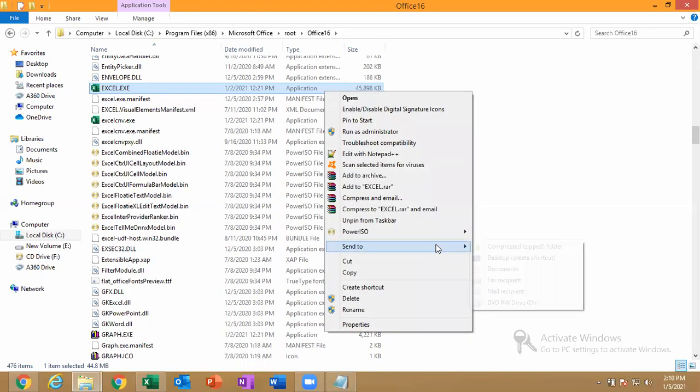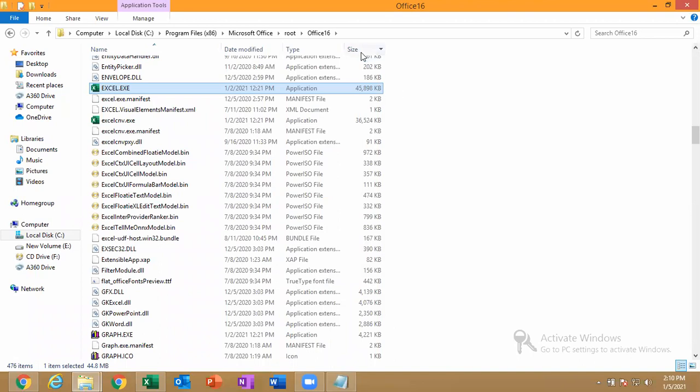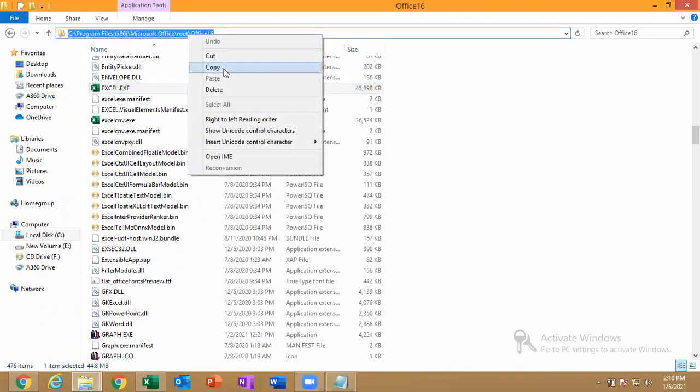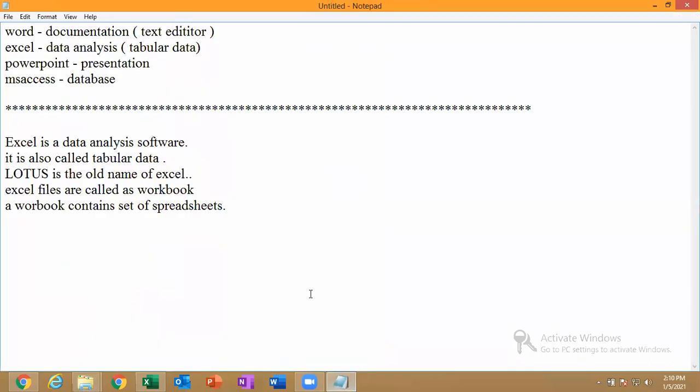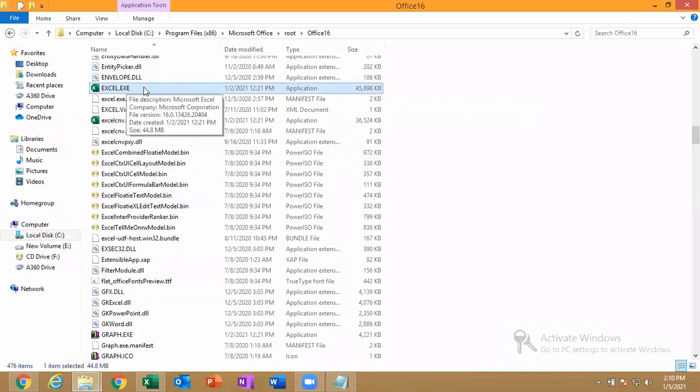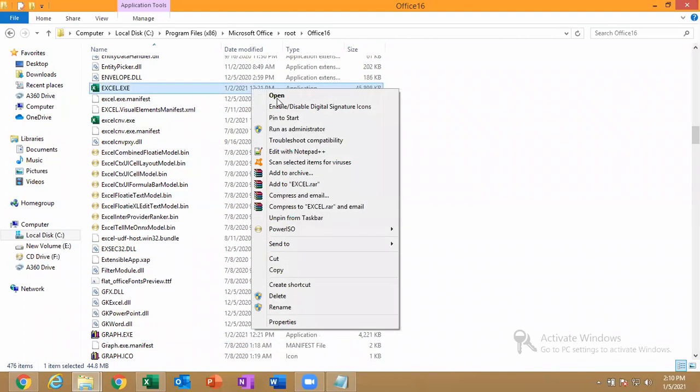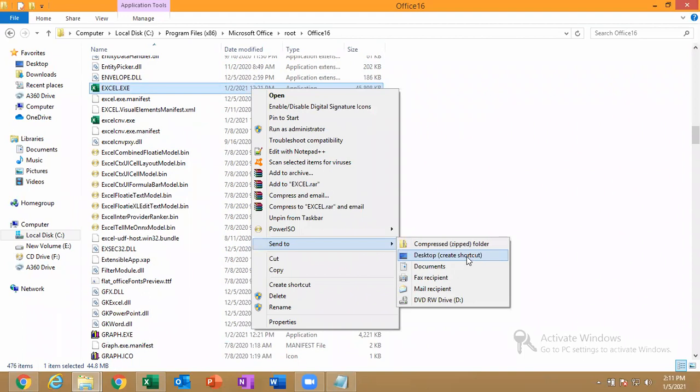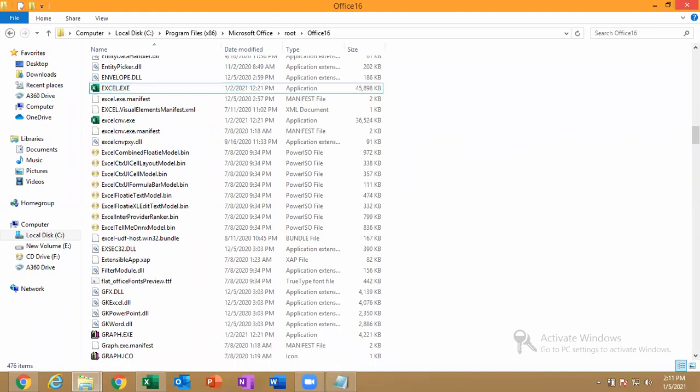So right click on this, send to desktop. This is also an easy method. The path, I copy this, I will paste in the notepad. Just take a note of it. Go for C drive, Program Files 86, inside that Microsoft Office, inside that root, inside that Office 16. So that you can search excel.exe, which type of application. Right click on that, go for send to, create a shortcut on the desktop. Is it clear?